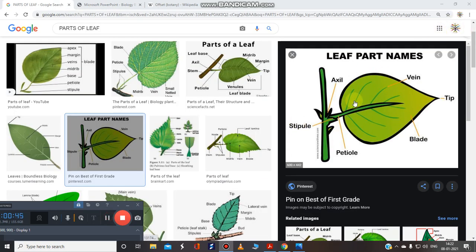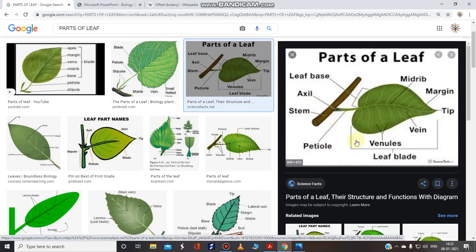If we talk about the main parts, you can see here this is your stem and this is the petiole, from which the entire leaf will form. This part is known as the tip. These are the venations, veins are present. This is known as the blade of your leaf, and this is the axil, or of course this is the small part. Again I am telling you, exceptions are always there. ये जरूरी नहीं है कि हमें हर leaf पे stipule मिले. So this is the stipule.